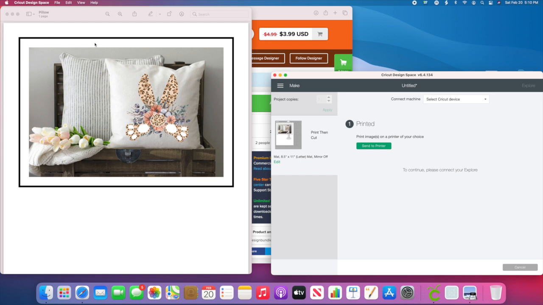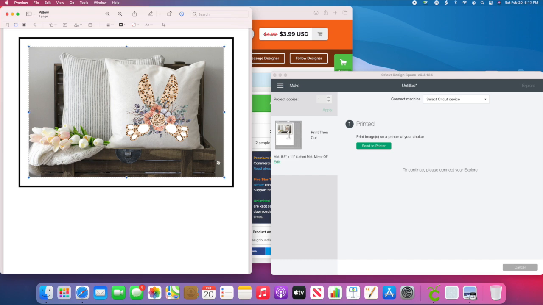So now I want to get rid of this box, and all I'm going to do is click here. I'm going to click this little pin right here. And then I'm going to take this one right here and this little dotted line, if you will. And I'm going to simply go all the way around my image as close as possible. And if you want to avoid any sort of white, you could always just go right on top of your image just a little bit. So you would just be cutting off a minute amount.